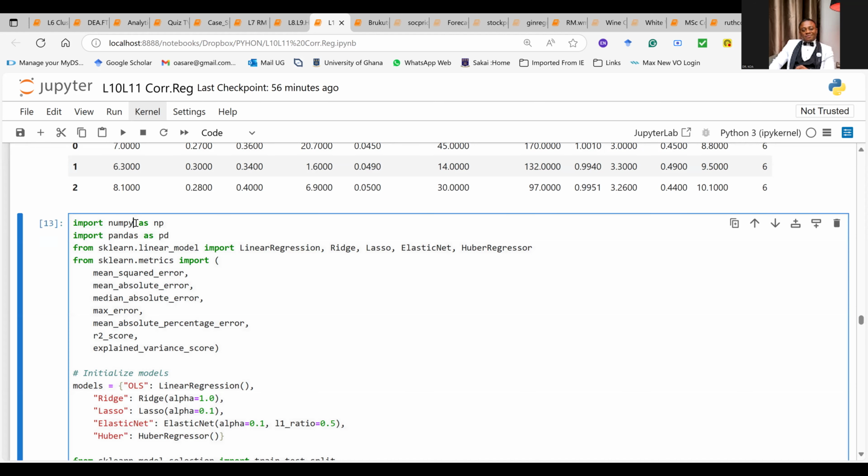First you import your basic libraries, NumPy and Pandas, we know what they are. One is basically for dealing with matrices and vectors. The other is basically for dealing with tables and data frames. Then scikit-learn, everything that is within scikit-learn, because we are going to look at linear model, ridge, lasso, elastic net, and Huber regression, which is very good for outlier detection.